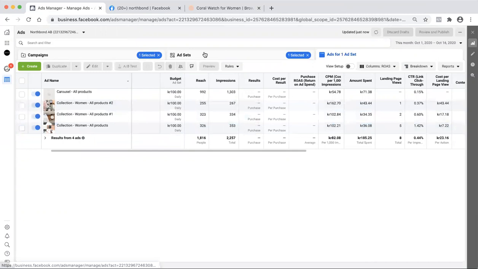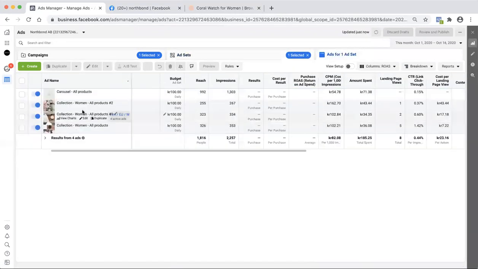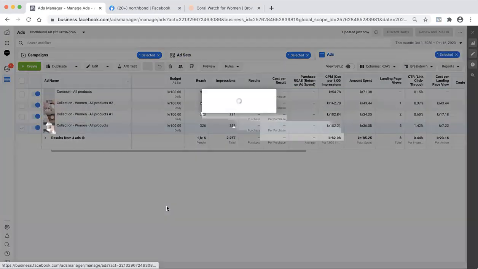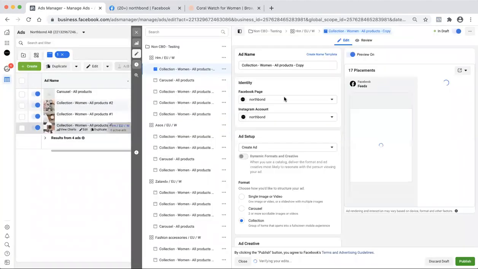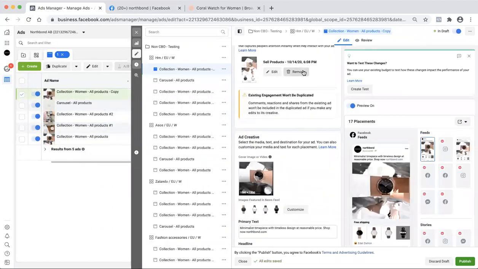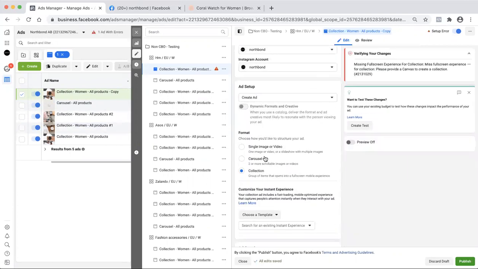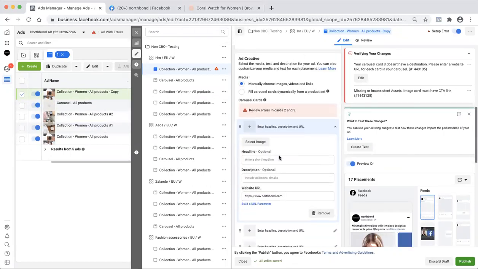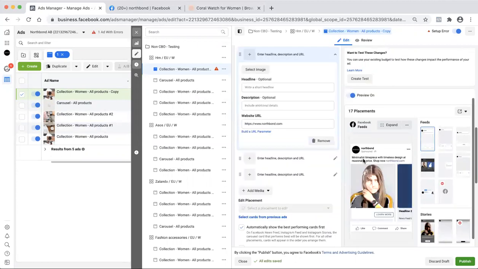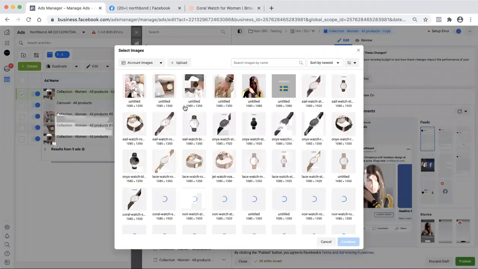So here's what we can do. Let's just start in one of these audiences here, just to make it easy. We'll just duplicate and start building these out now. We'll do one ad here to start. We'll remove this and go straight into doing a carousel as the first option. Carousels work really well with watch brands, especially anything to do with articles of clothing, apparel in general. Depending on if you have the images already uploaded.